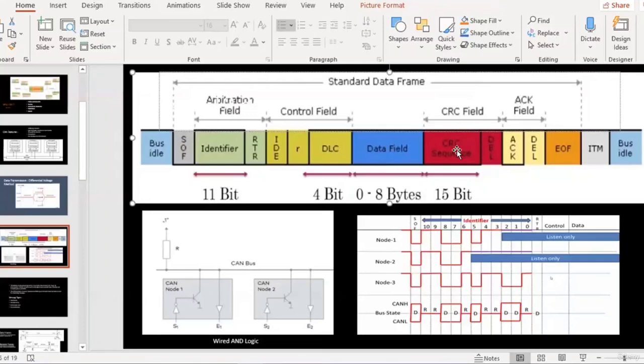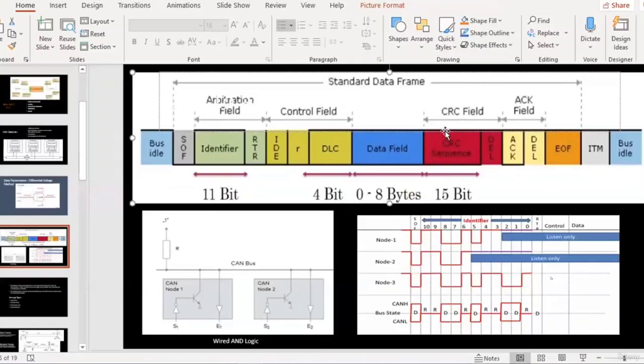Okay, let me explain this again. When the transmitter is sending the data, let's say the data was 10, it would be written into the data field and transmitted on the CAN line. With that, the transmitter will also transmit the CRC sequence of 15 bits. How is the CRC sequence generated? It is generated when the data, in our case 10, is passed through a CRC polynomial, which produces a 15-bit CRC sequence. That CRC sequence is appended to the data and passed to the receiver in the CAN frame.